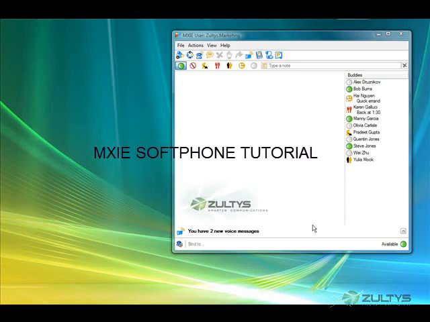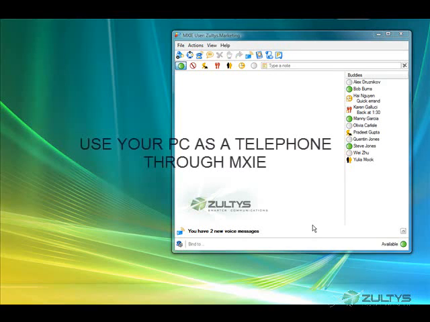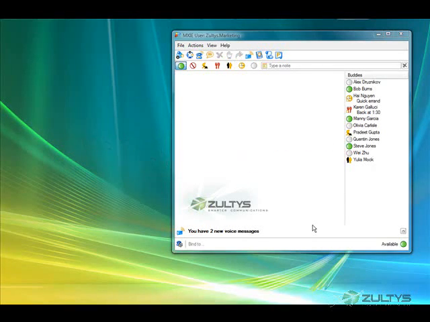With the Softphone feature in MXIE, you can turn your PC into a phone. Any PC running on Windows or Vista can function as a phone using the computer's built-in microphone. If you don't have a built-in microphone, don't worry, you can use an external mic. The Softphone uses MXIE call appearances for handling individual calls and provides a full set of calling features offered through